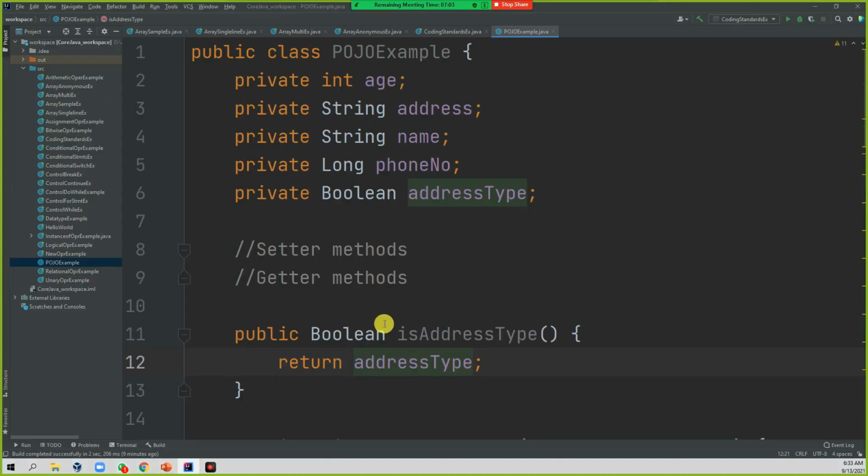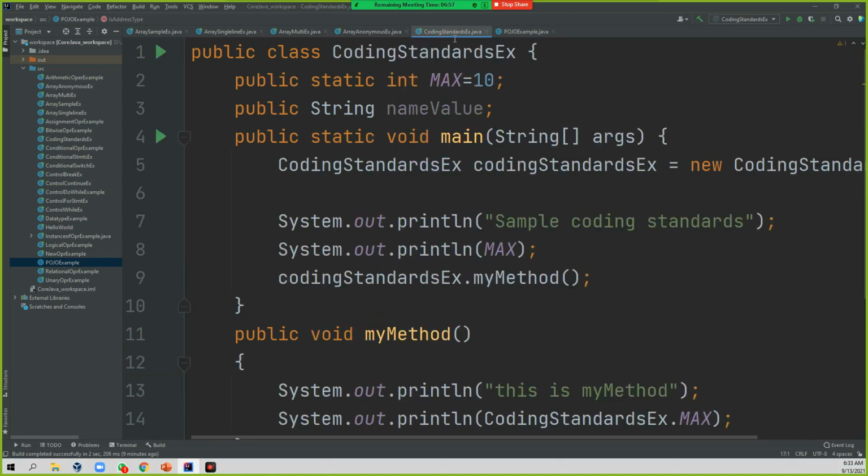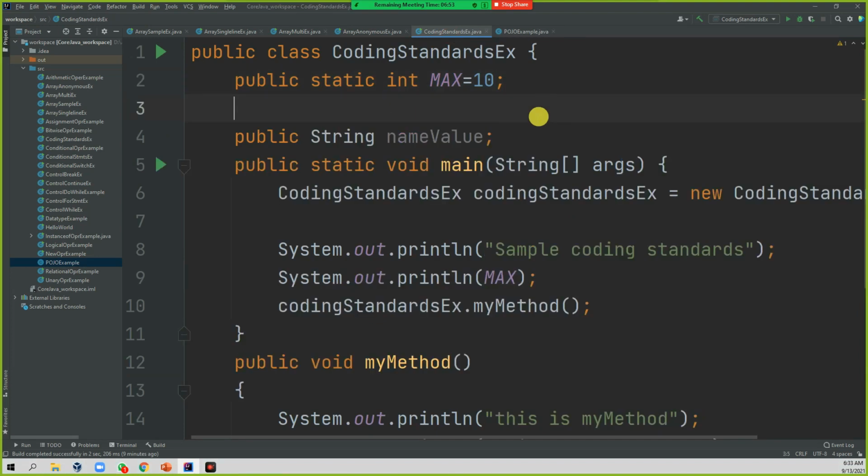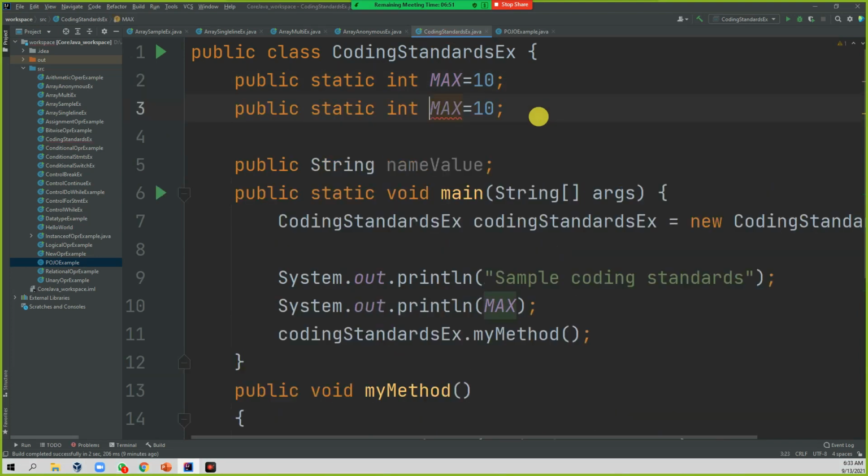The next thing is enum. Enum is nothing but a set of constants. Let's go back to the previous example. I have a constant MAX, which is 10. If I have another constant, let's take MIN, the minimum, which is 1.